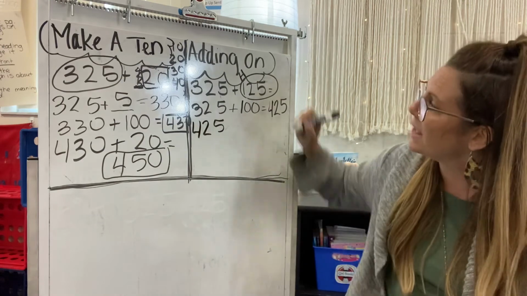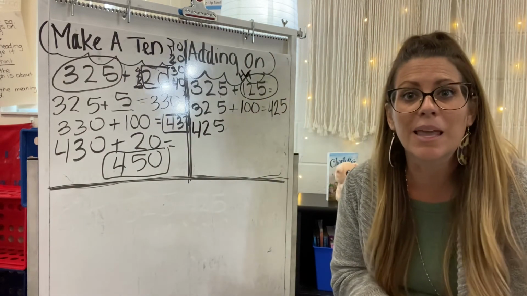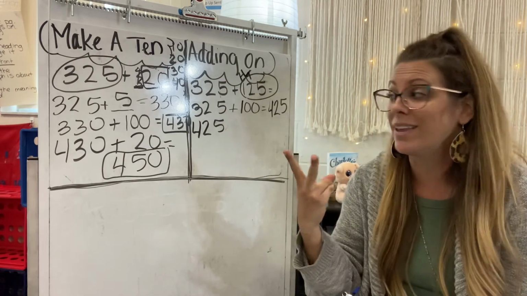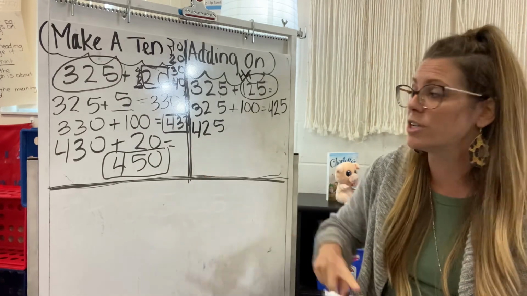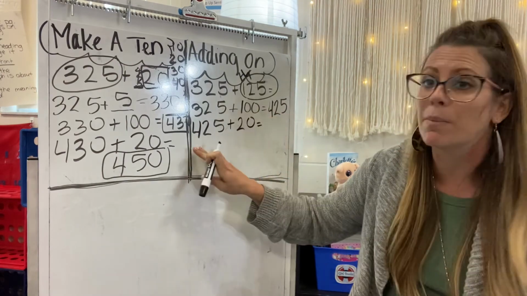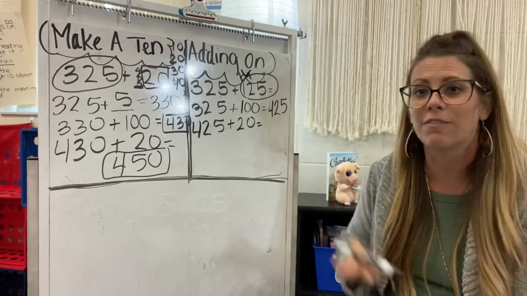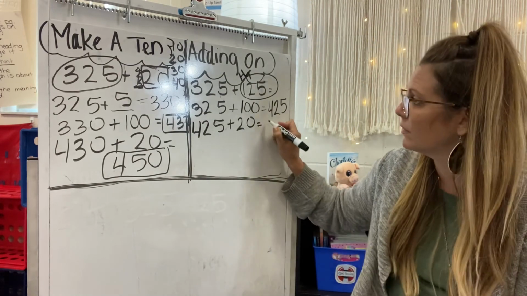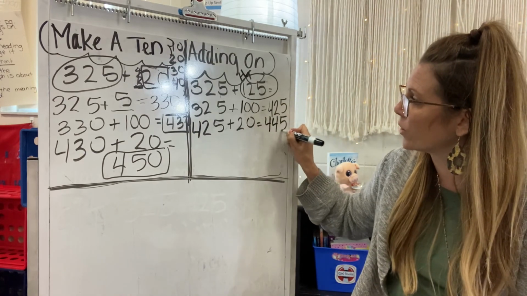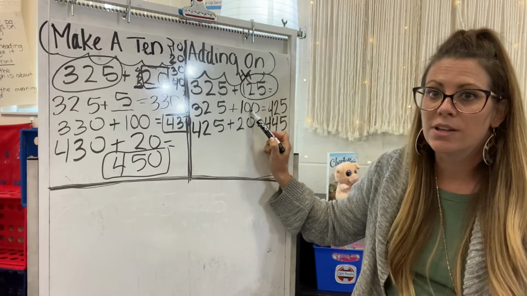What are we going to add next? Our tens. So 2 tens is the same as what big number? Well, let's count. 10, 20. So we have 425 plus 20. Now remember, you should be writing that down. And can you solve that? What is 425 plus 20? You should have gotten 445. So we're adding on. We added our hundreds. We added